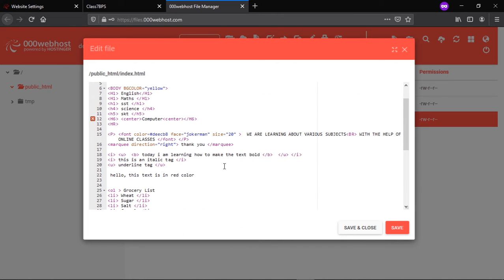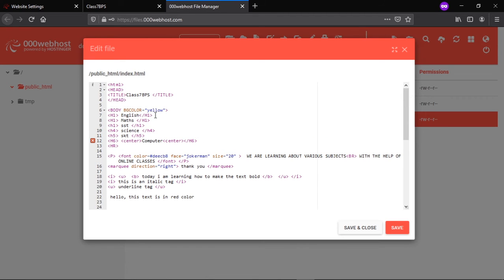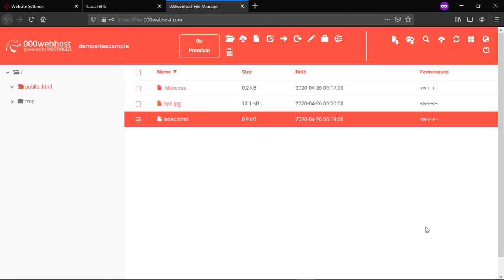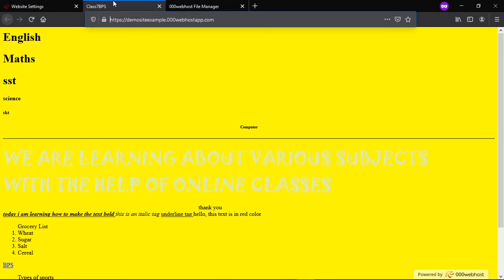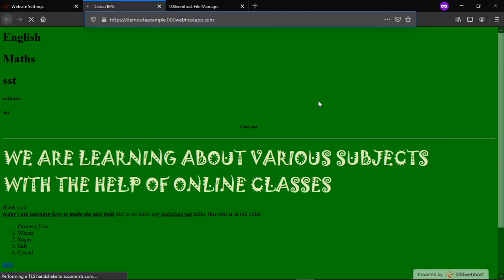In the same way, you can open your HTML document on 000 web host file manager. Suppose I want to change the background color of my web page from yellow to green. I'll type green color. I'll click on save. Click on save and close. Go back to your web page and refresh the page, and the changes have been done successfully.